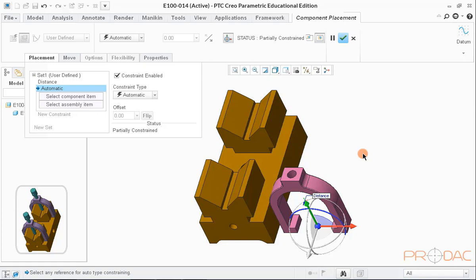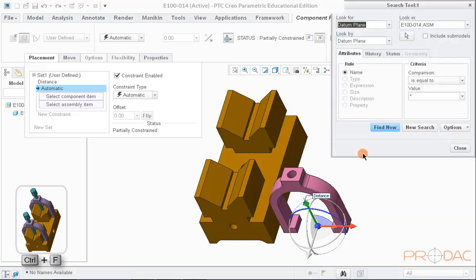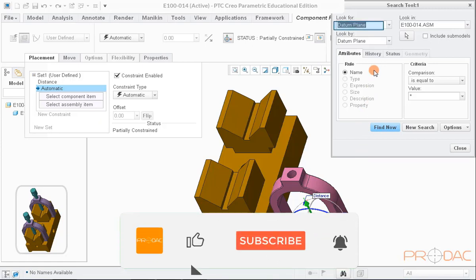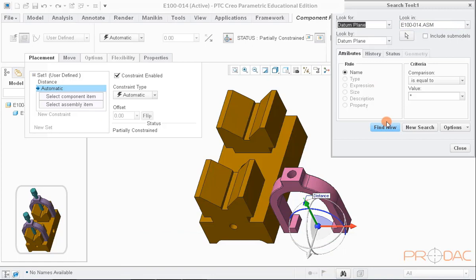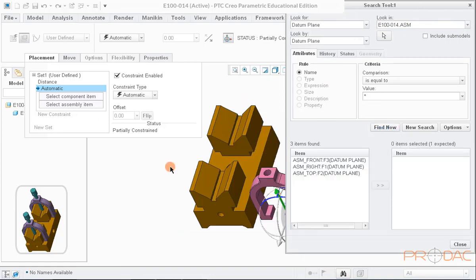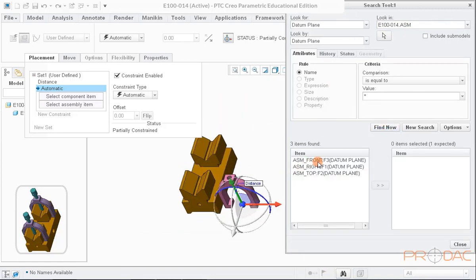So press Ctrl plus F in your keyboard to open the Find window. In the pop-up window, define the item we are looking for and also define the part to be looked at. Now click on Find button. We get the list of all three datums. We need to select the one which passes through the center of the slot.